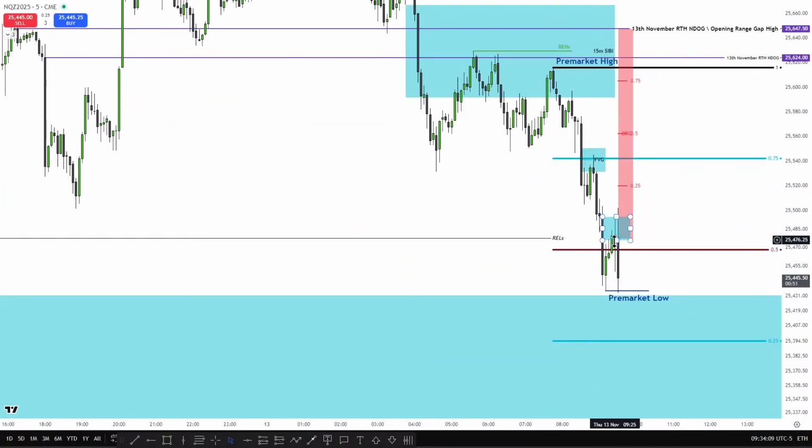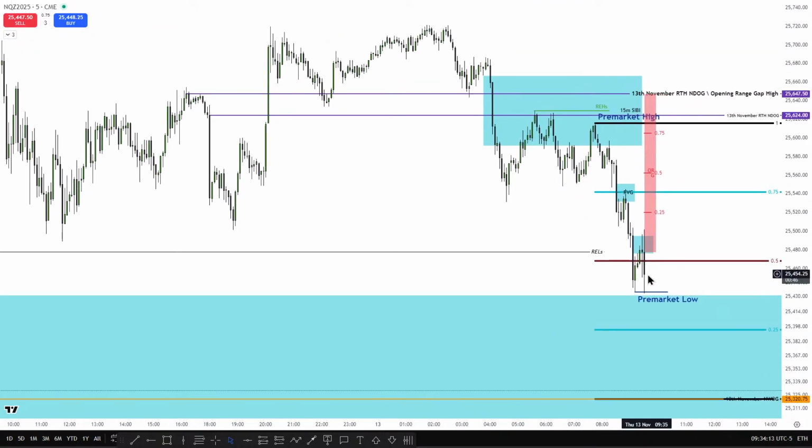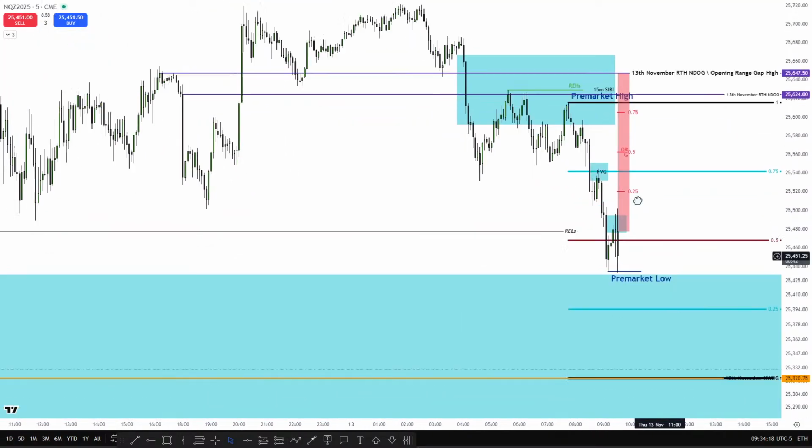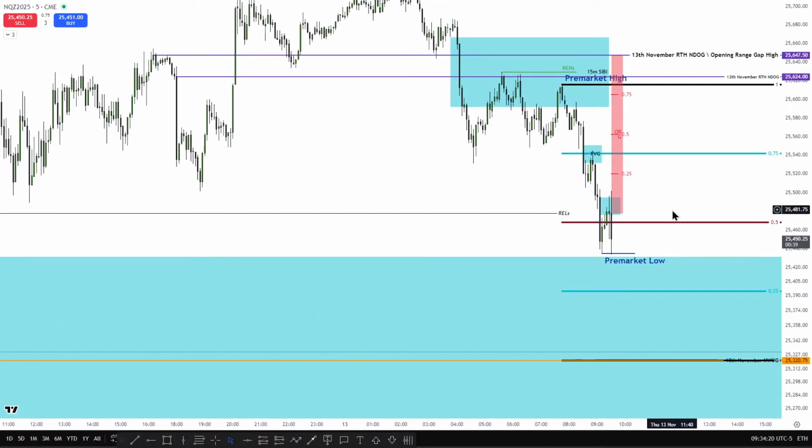Okay, this could be a layup for a bearish order block. Let that 5-minute candle close, see if it's a sweep. We have a draw on both sides of the market, so